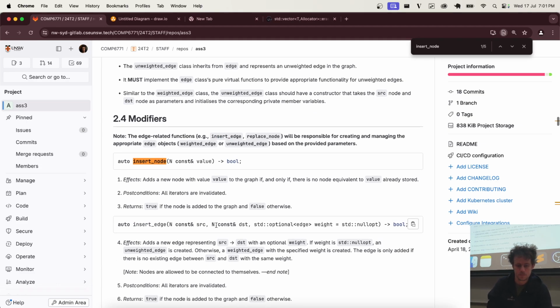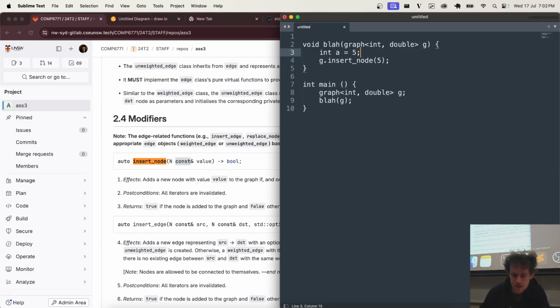Yeah. So remember, we talk about this a little bit next week, but 5 is an R value, but you can pass R values into functions that take const L value references, which is this one. This wouldn't work if this wasn't const. Because if you pass an R value into a function that just takes in a reference input, it implies that you should be able to change that value. Actually, sorry, this one is an L value. I meant,